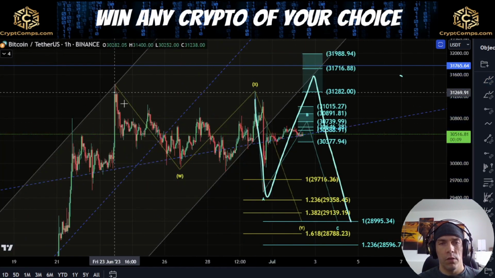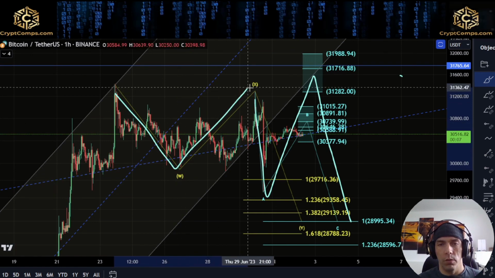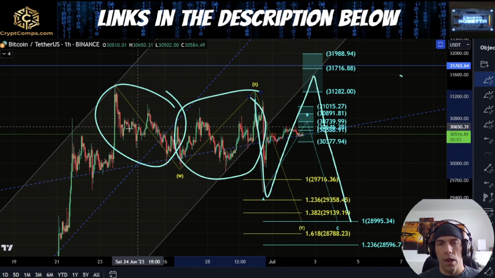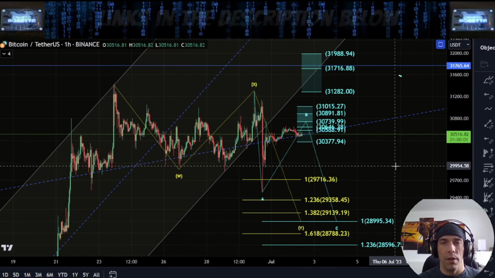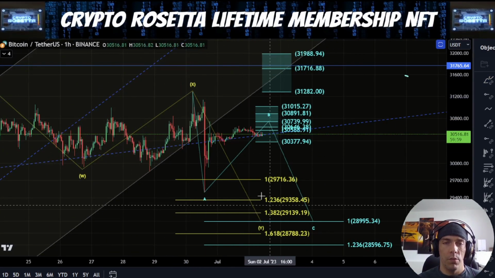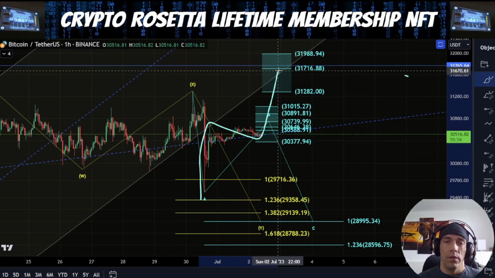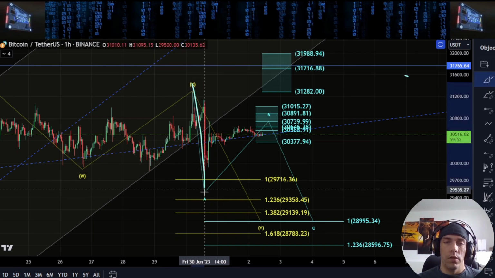So this would give us better proportion if we're looking at this as W, X, and Y, because then the time proportion between each of these legs would start to actually be quite similar. So this is why I'm just saying, if we see price actually come back up here where we form this as A, B, and C, or alternatively, if we look at this as an A wave, and then